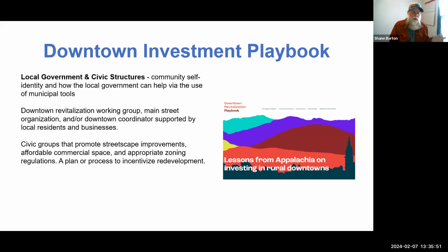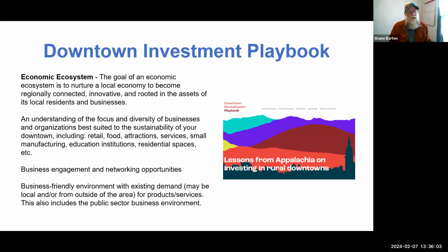Again, you're going to be responding yes, no, or maybe, and the system will score and provide you with a response on where to start. Again, you can see some of these themes and how they're connected across both readiness assessments. In our economic ecosystem section, what you're going to find are a number of questions around business and business engagement. So, is there an organization,